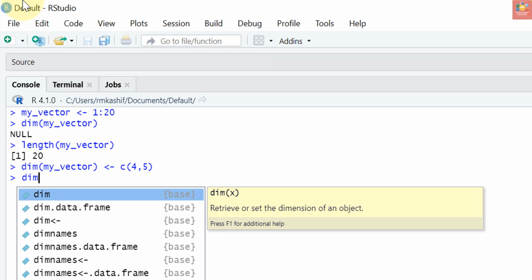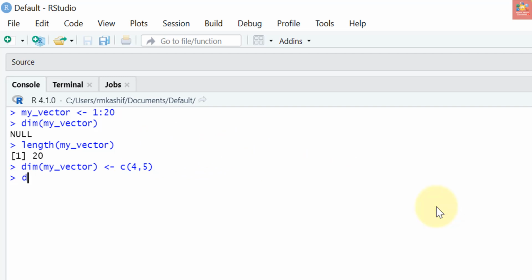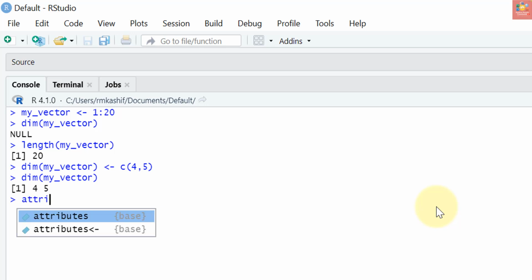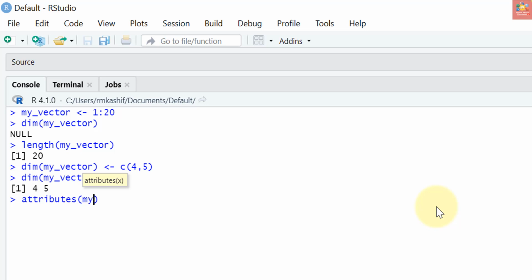In this case, we assigned the value c(4, 5) to the dimension attribute of my_vector. If I call dim on my_vector, now it is 4 5. Earlier it was NULL.